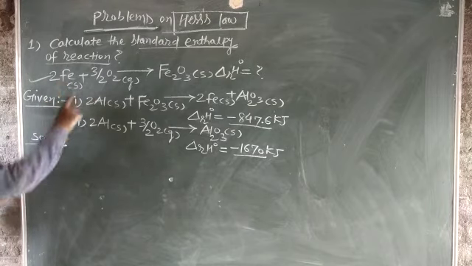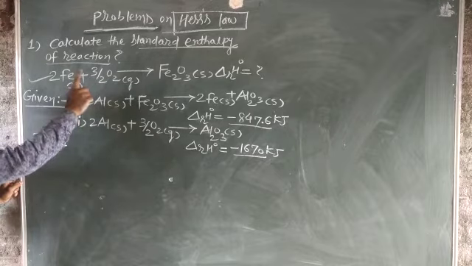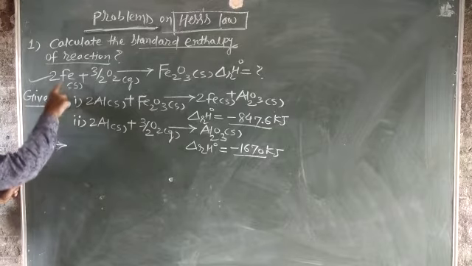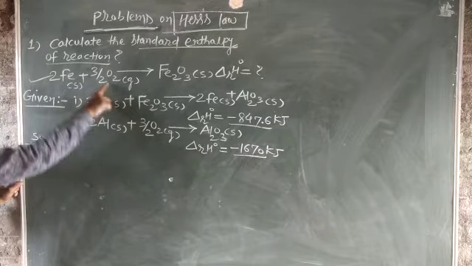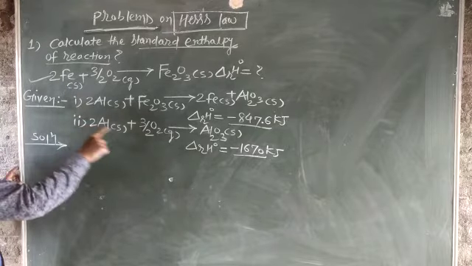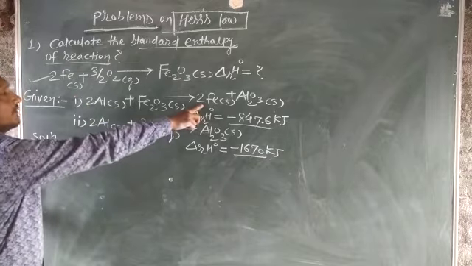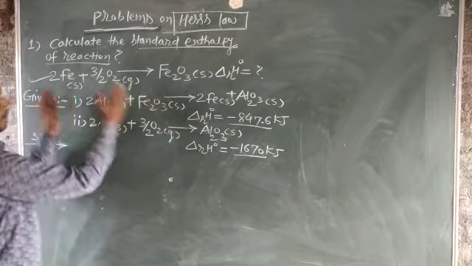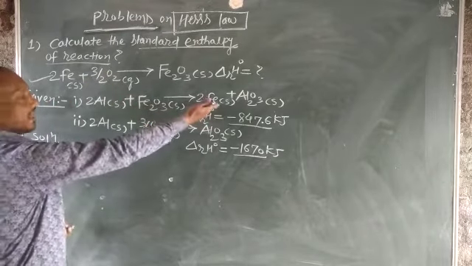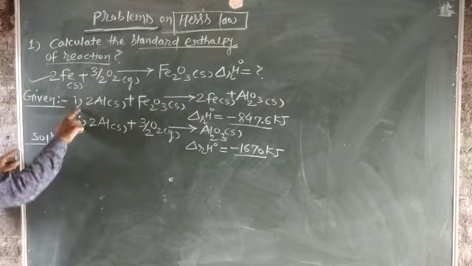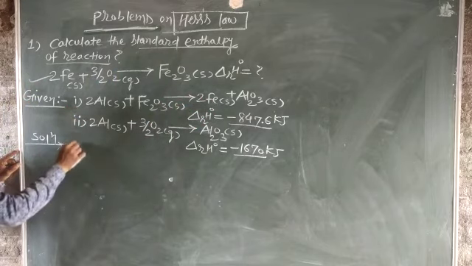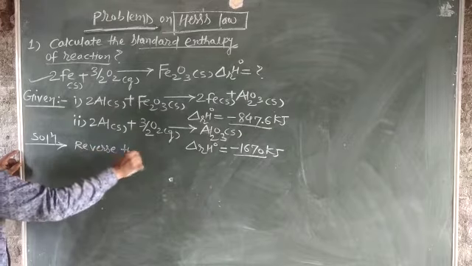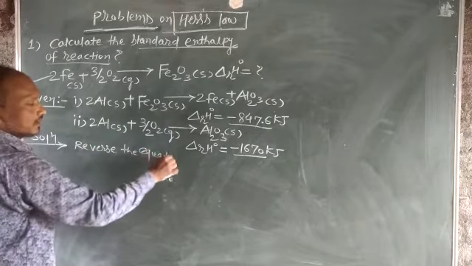या दोन इक्वेशन पासून हा इक्वेशन आपल्याला कसा भेटेल? तर हा इक्वेशन या दोन इक्वेशन पासून काढण्यासाठी आपल्याला काय पाहिजे पहा. रिएक्टंट काय? Fe and 3/2O2. This is 3/2O2 and Fe. Where is Fe? This is 2Fe. So Fe is not given in the reactant part. In this part, in the product, it is given. So we have to reverse this equation number 1. For this, we will first of all reverse the equation number 1.